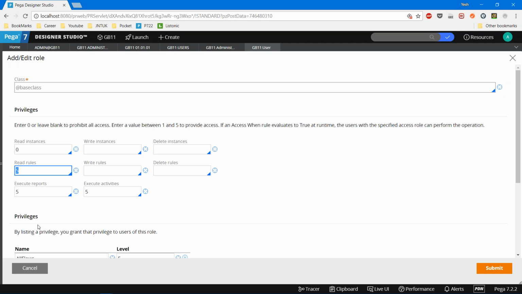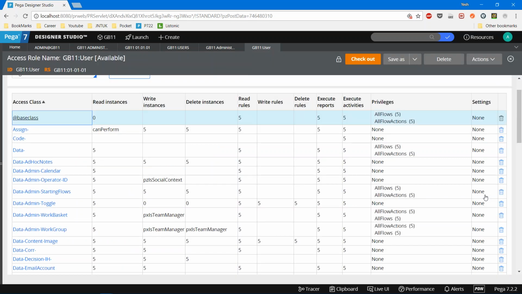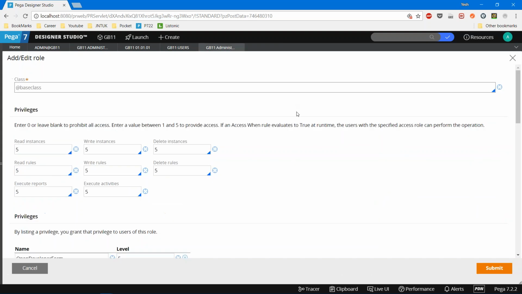Because what will the end user be doing? He will be creating scenarios. Indirectly, what do you mean by creating scenarios? He is reading the rules unknowingly. From the front end, he is creating scenarios, but indirectly he is executing all the rules, meaning reading all the rules. So this is how the access group works, making sure that the right person is having the right access and the right person is doing the right operations, having access to do the right operations.